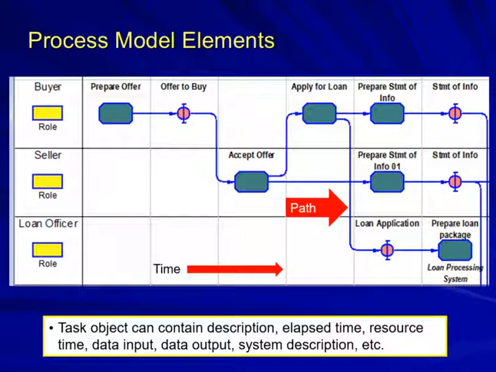The next element to discuss is the path. The lines on the diagram show the path that the output objects take to get from one task to another. If your plan is to improve this process, it is important for you to identify how the object travels and